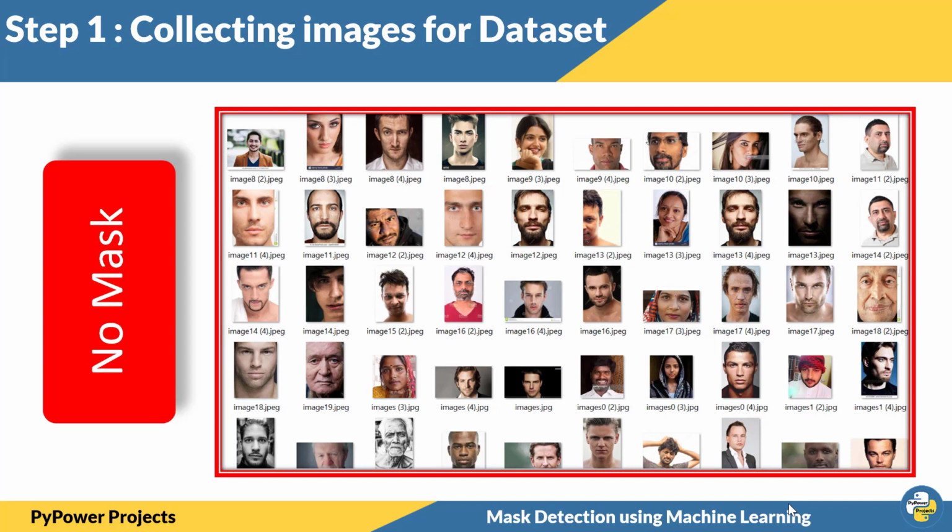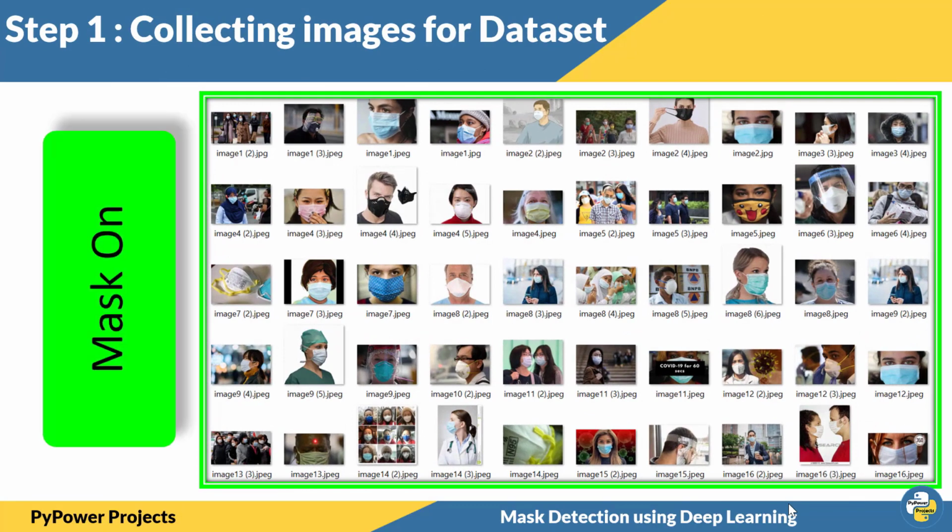These are the images which we have collected for no mask. There are not just a few, around 300 images are in this category. And second is mask on. You can see that there are images in which people have worn masks. There are multiple variations: side face, front face, many people, single people, close up of the face, and we have to cover multiple variations in order to give better accuracy. In this category also nearly 290 something images are there.